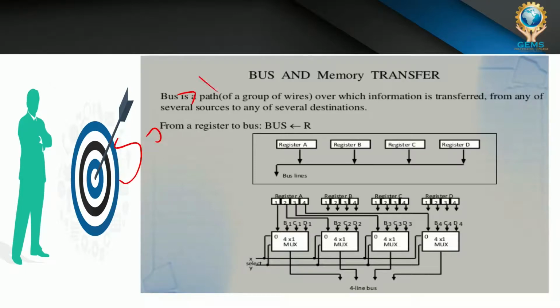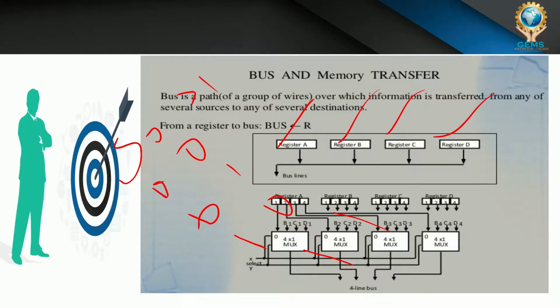If S1 S0 is 0 0, register A will be selected for the bus. If 0 1, register B will be selected. If 1 0, register C will be selected. If 1 1, then register D will be selected.